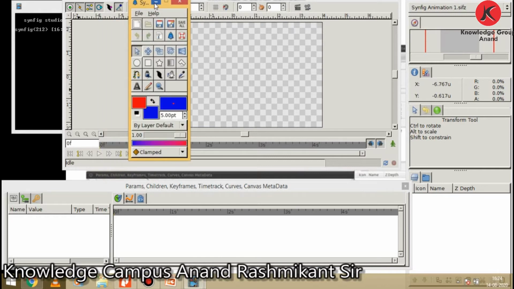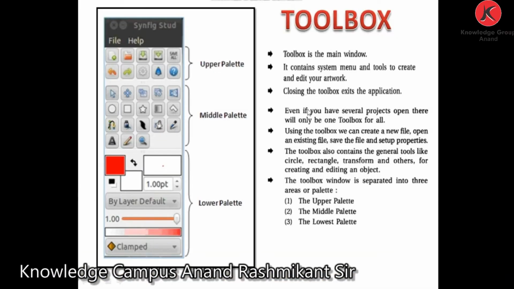You can see a screenshot of the toolbox. The toolbox is the main window. It contains the system menu and tools to create and edit your artwork. Closing the toolbox exits the application. If you close the toolbox, then it will shut.